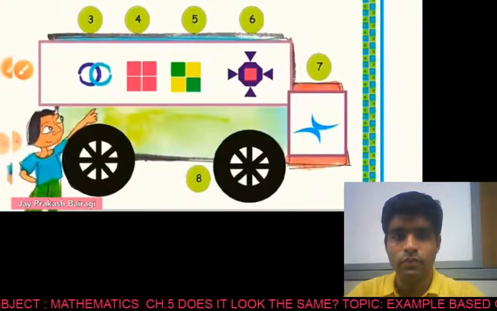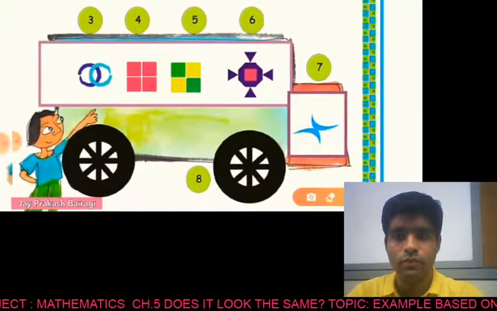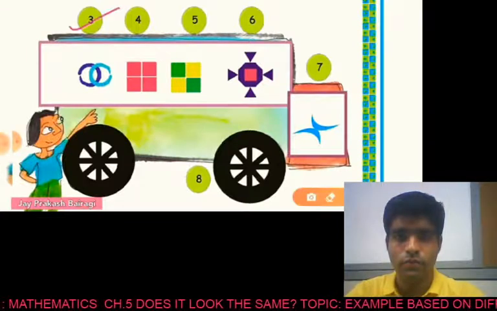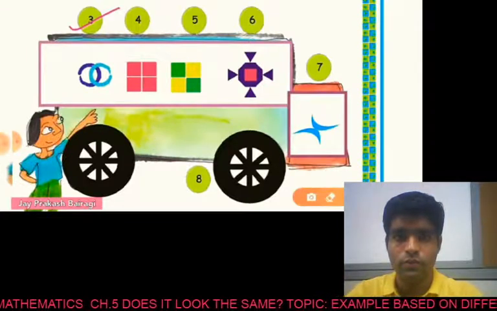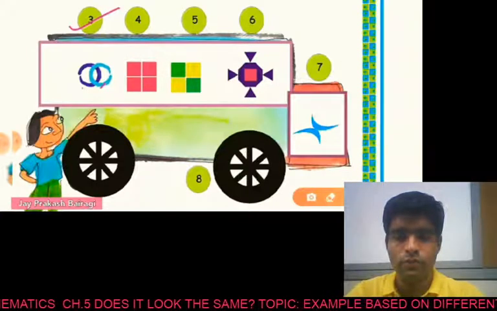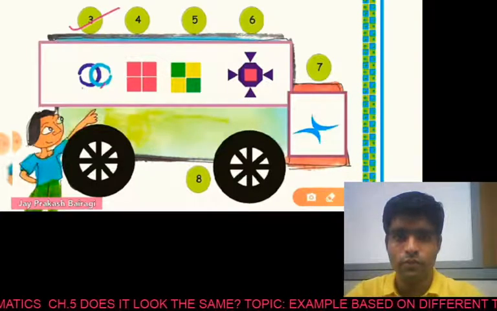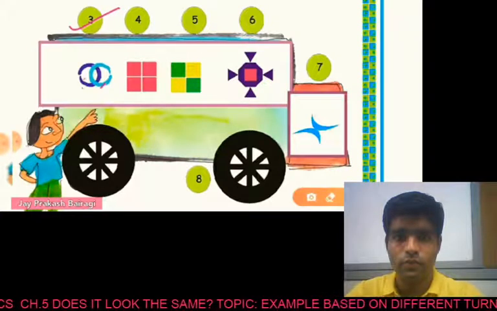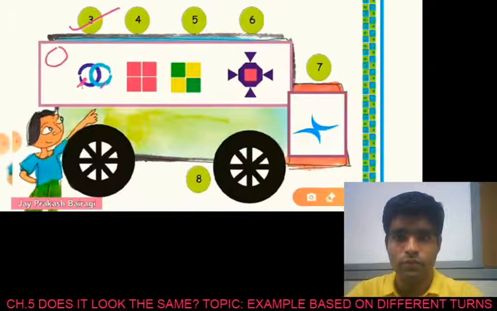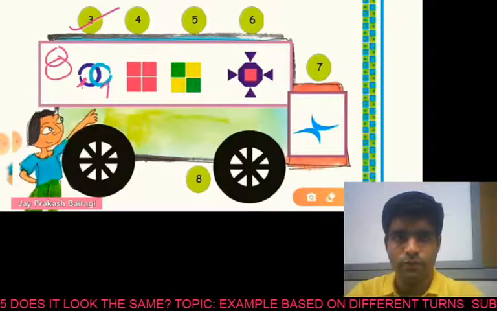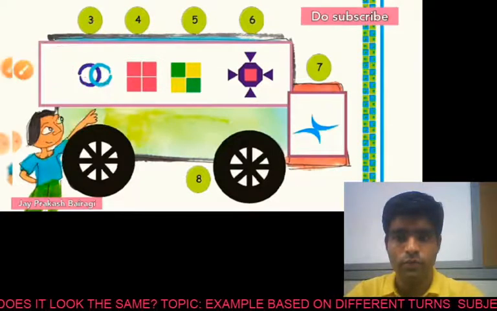Here we have many pictures, so one by one we will try to solve them all. So come to the third picture. These are two circles, one blue and another one, you can say, sky blue. So what will happen in 1/4 turn? In 1/4 turn the blue circle will come to the upper side and the other one will come to the down side. So it is not the same, so you can't put a tick here.